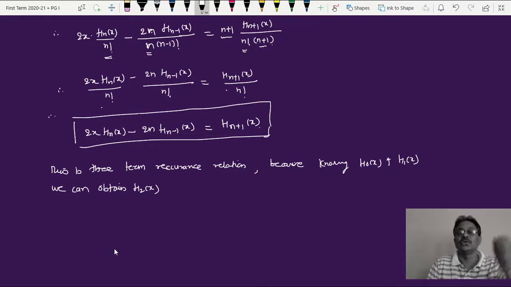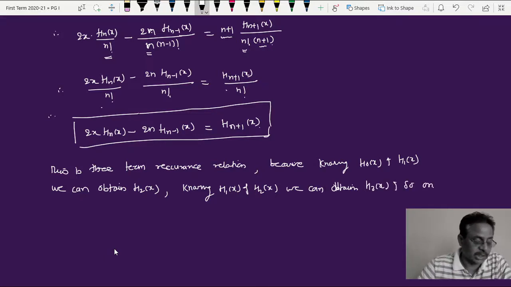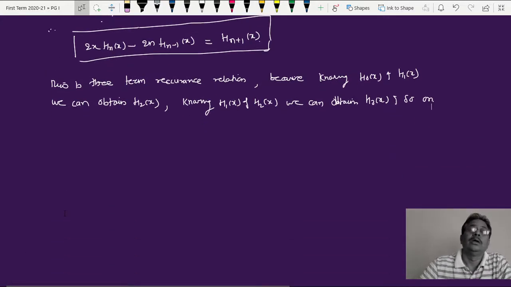Knowing H1 of x and H2 of x, we can obtain H3 of x, and so on. Higher order terms also can be obtained, and that's why all Hermite polynomials of degree n equal to 2, 3, 4, 5, 6 etc. can be obtained,